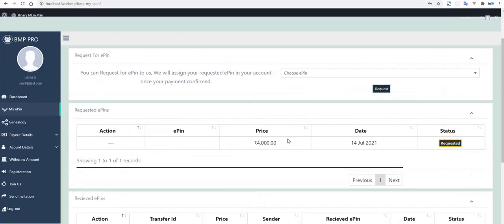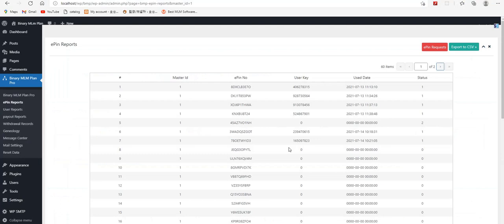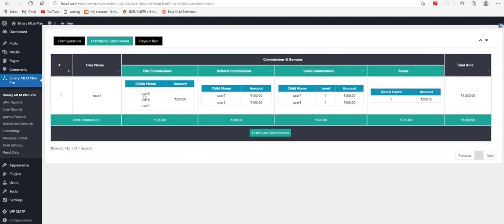So I am coming here and using the EPIN. I use this EPIN, so this has been used. Now let me check.